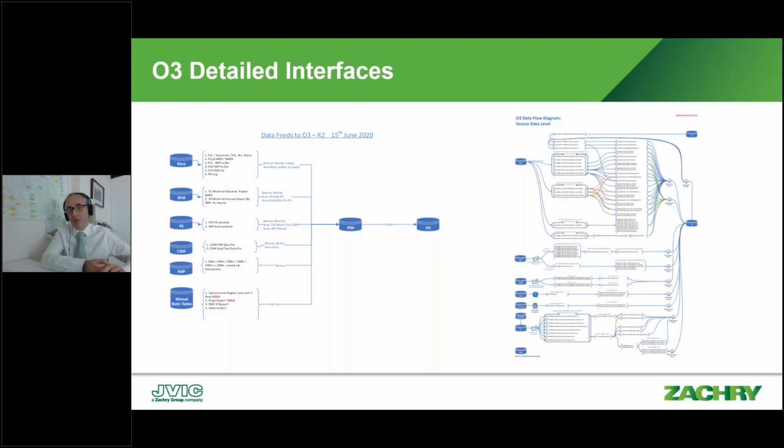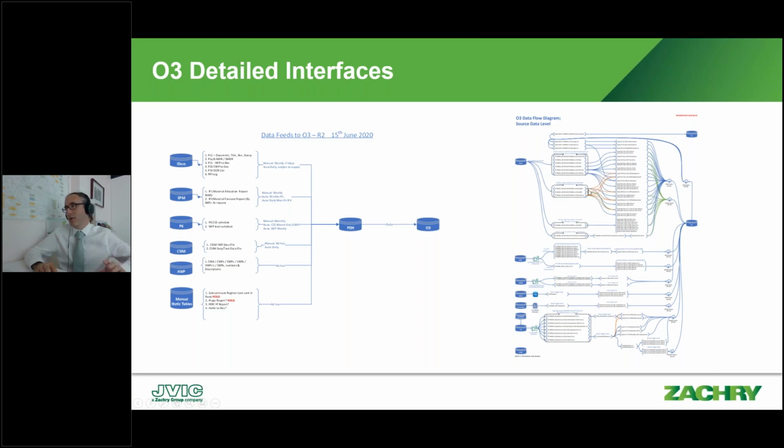The task management functionality, the Agile task boards, allowed us to constantly keep track of information flow between our team and the O3 team. We found in the configuration of the system there were certain actions where we needed to request O3 take away and enhance some of the functionality. They'd take that back to their development team, and then we would just track all of that work within the O3 task system, which proved to be very good. The diagram on the left is where we were a year ago.